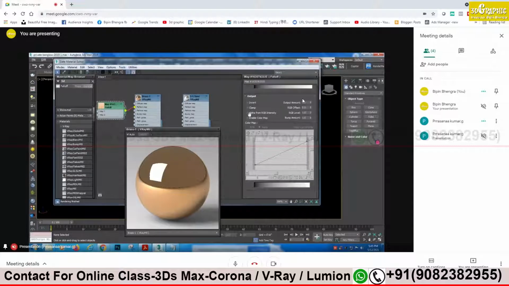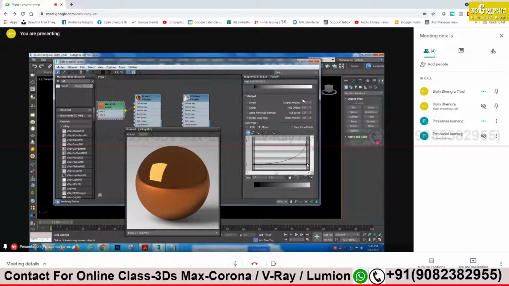Output, and try to change this to the variable color map, this corner here. Okay, sir. Absolutely fine.